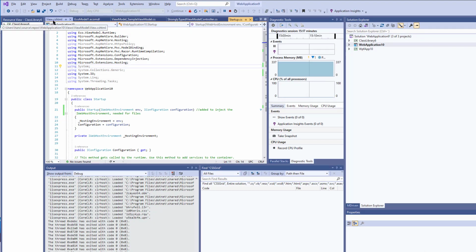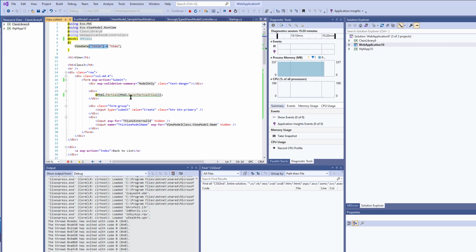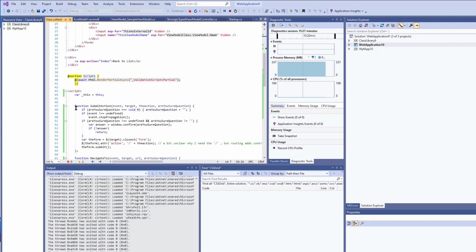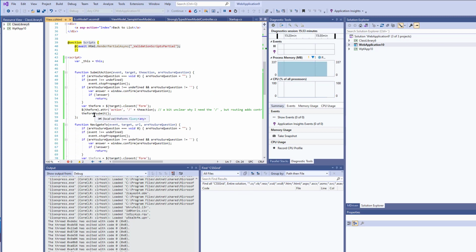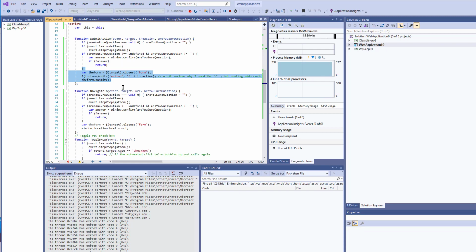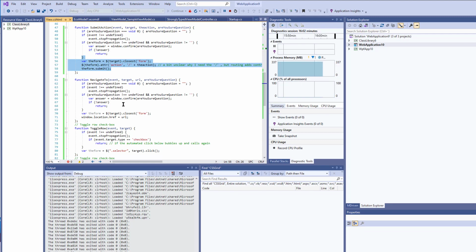Also, I forgot to say that to make the view model logic work with select, etc., there's a few JavaScript functions that are needed, and I just pasted them in here on this page. A better option would be to extend them into their own file, but what this does, the submit action, it checks if there's a question on if you're sure that you want to navigate, and if it is, it just calls the submit. So I guess that one is easy to remove,